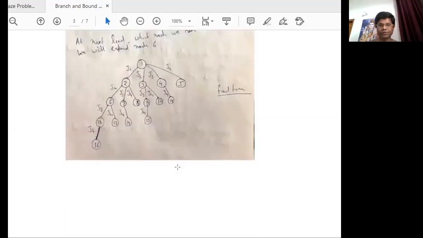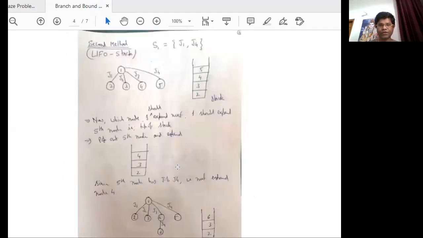So now let's move to the second method that uses the stack. I have taken the same problem and the same solution strategy that I applied earlier. In our solution strategy, we did job J1 first and then job J4. So first, start with the node. I label the node as 1. Then we have 4 jobs to be done, J1, J2, J3, J4, and the nodes are labeled as 2, 3, 4, 5.